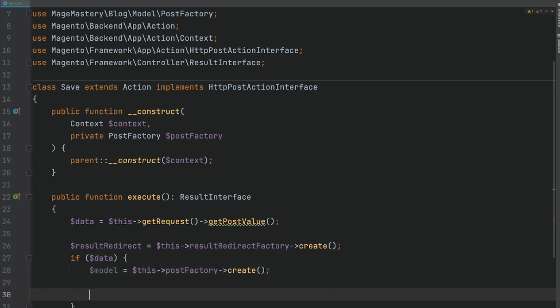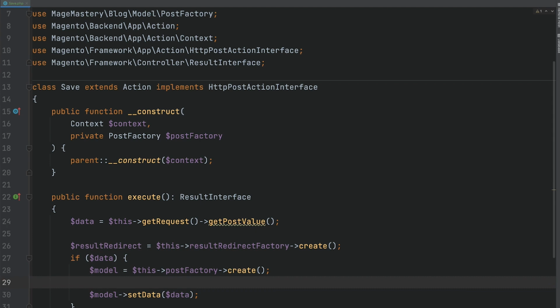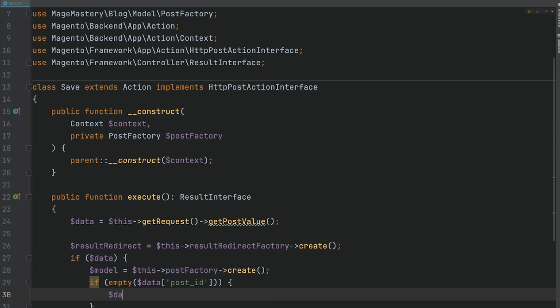Post factory is responsible for creating new instances of a model. And once we retrieve a model or an instance, we can go ahead and call the setData method and pass data into this method. However, before doing this, let's also add a condition saying that if we have an empty post ID, let's assign the post ID value null.